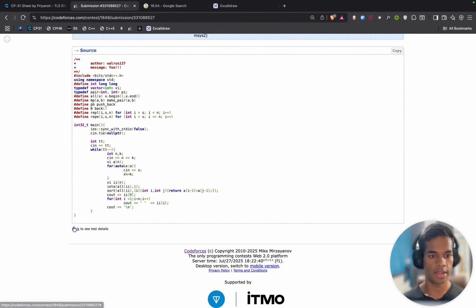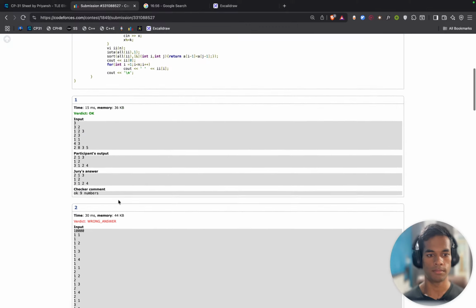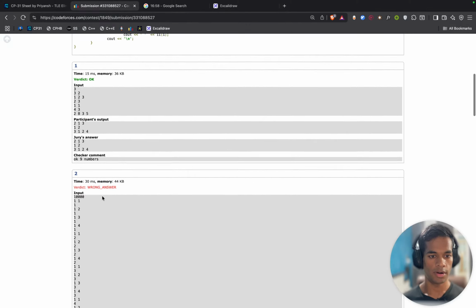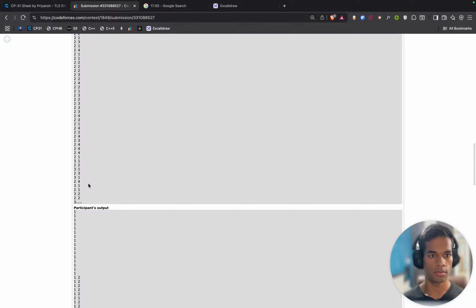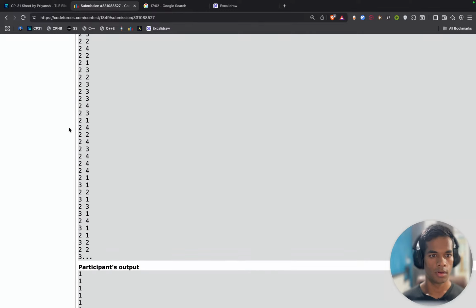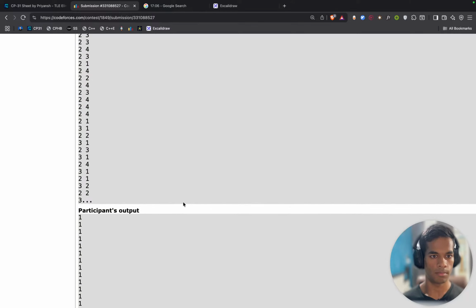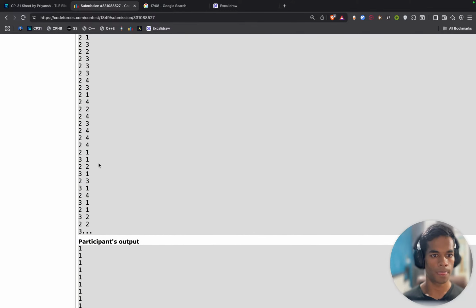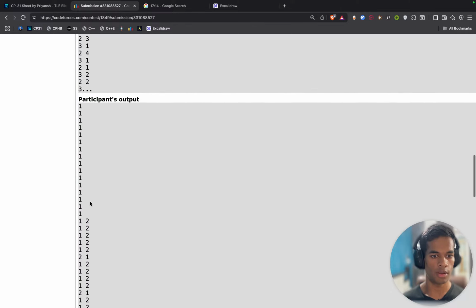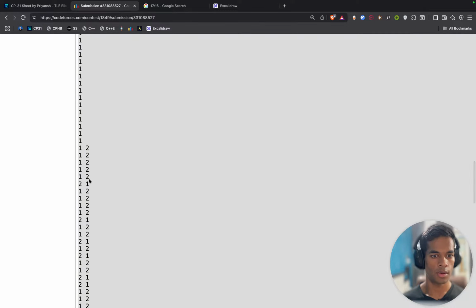And I got a wrong solution. Verdict wrong for 2100, something like that. For 21, I'm getting 1 here multiple times. So participant's output is 1 1. At one point I do output 21, and it is before 21.